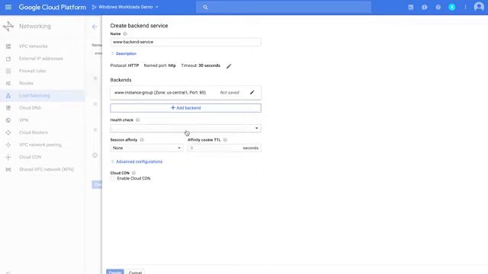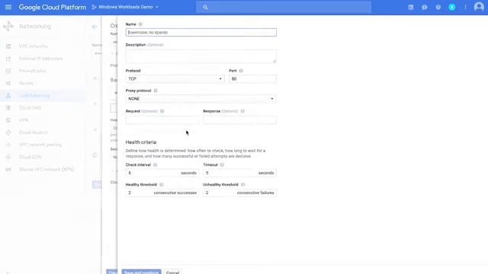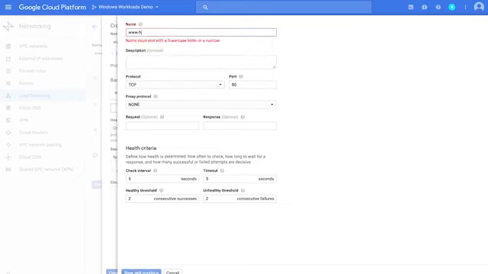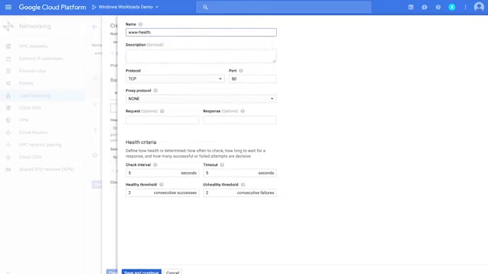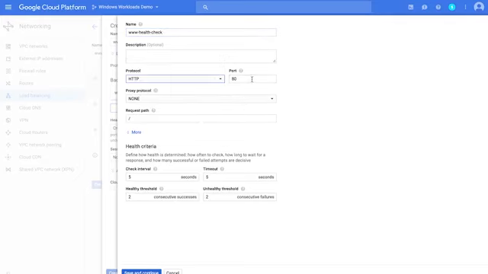I'm also going to create a health check. The health check allows us to determine that our machines are capable of serving traffic. So I'm going to call this www health check. I'm going to just do this using HTTP requests onto port 80 and simply request the home page.